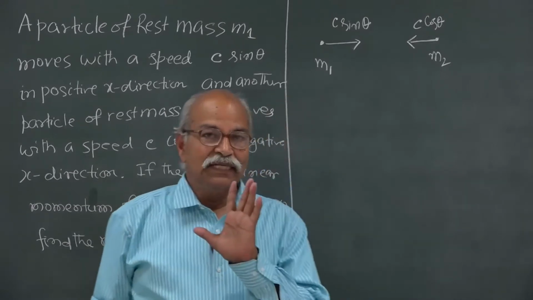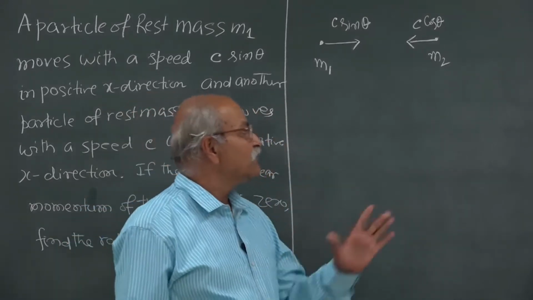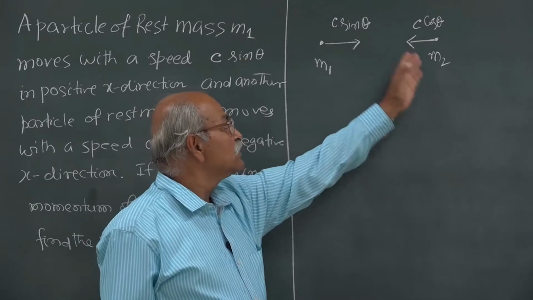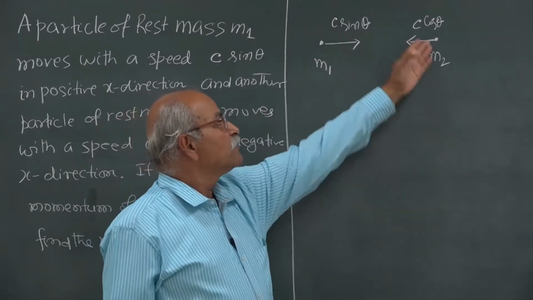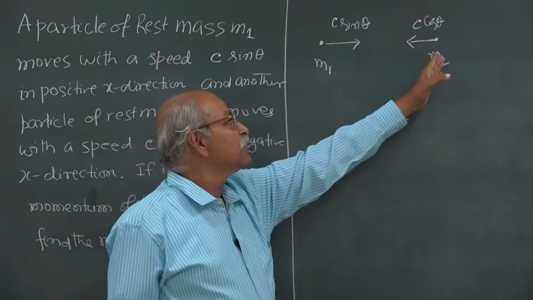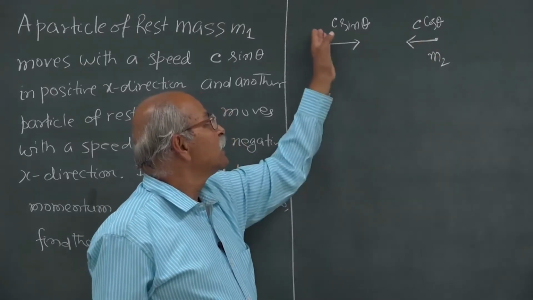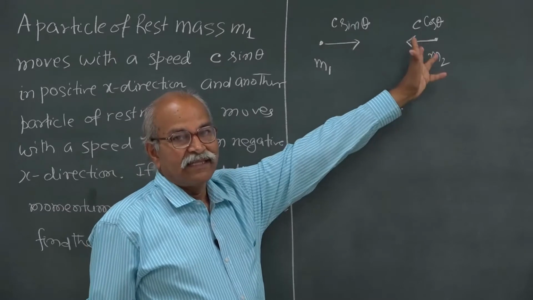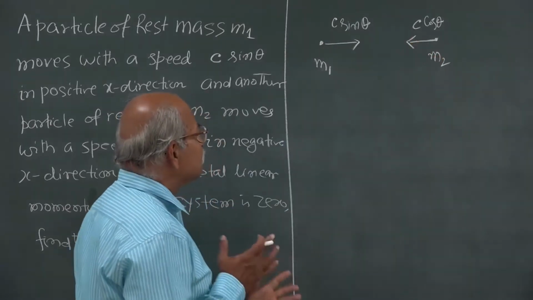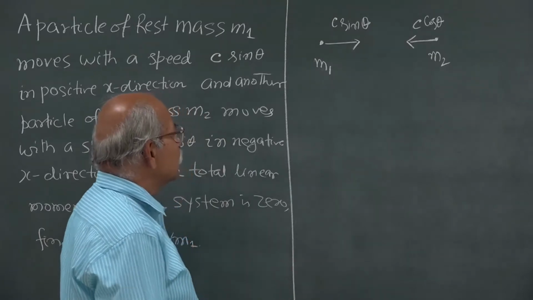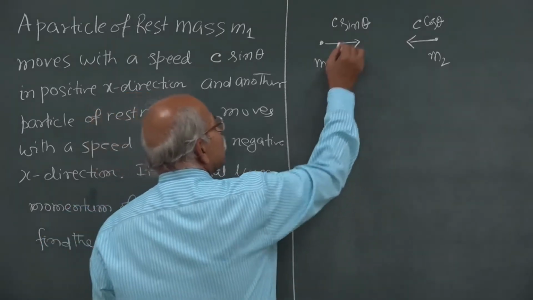So, in non-relativistic dynamics, if I say that total linear momentum is 0, it is very simple, m1 times this should be equal to m2 times this, and therefore, m2 by m1 should be sin theta by cos theta, which is tan theta. But if relativistic equations are to be used, then you have to write the linear momentum,